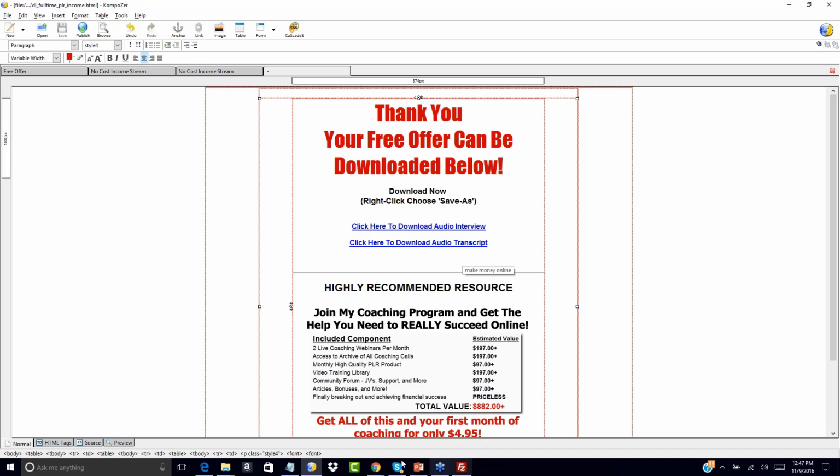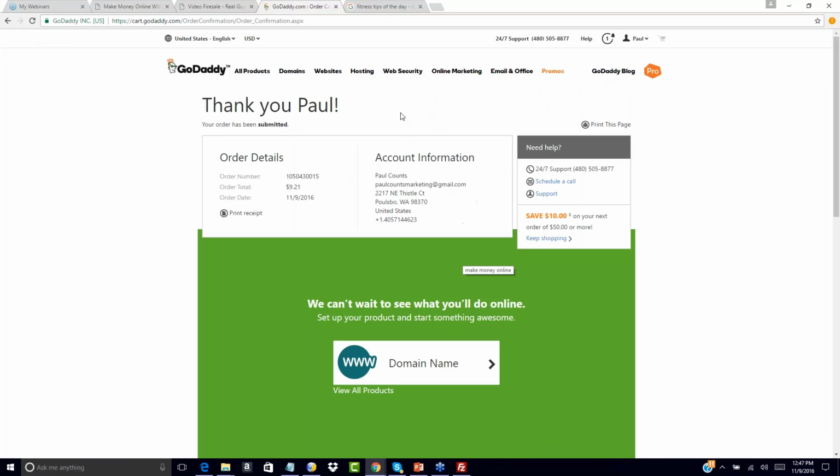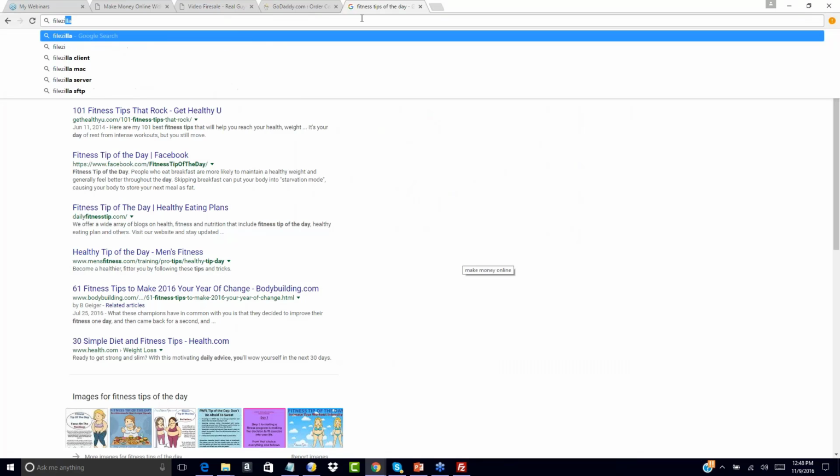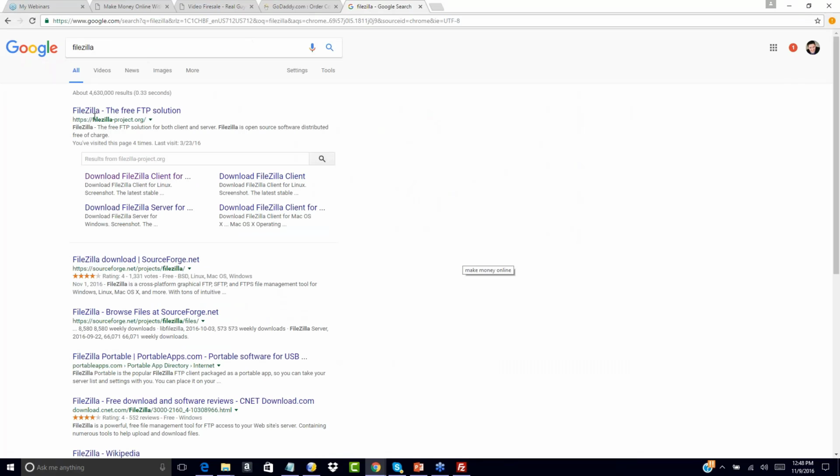So let's go in and I'm going to show you one other tool that I use. This is a free tool called FileZilla. You're going to want to download this at some point because there will be a time where you need to upload files from your computer to your web host. Those could be the free giveaway product that you're offering, or any number of things. So in this case, we're going to upload from FileZilla